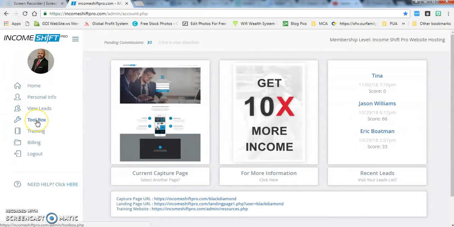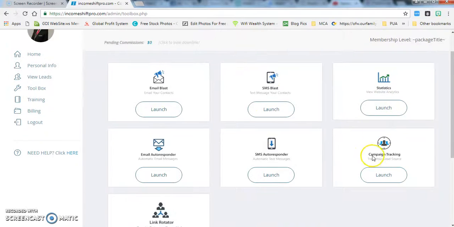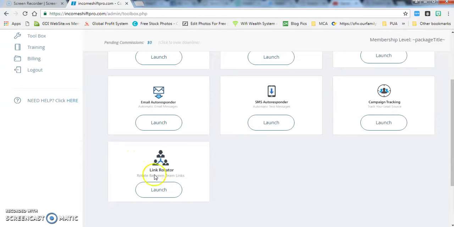Now, I know you're aware of capture pages and all that fun stuff, but you are actually able to add in your own email sequence if you would like to. You can do email blasts, text blasting. Your statistics is in here. If you're running a campaign for solo ads, you can track that. There's also an autoresponder for texting, autoresponder for email, and then once you start building a team, there is a